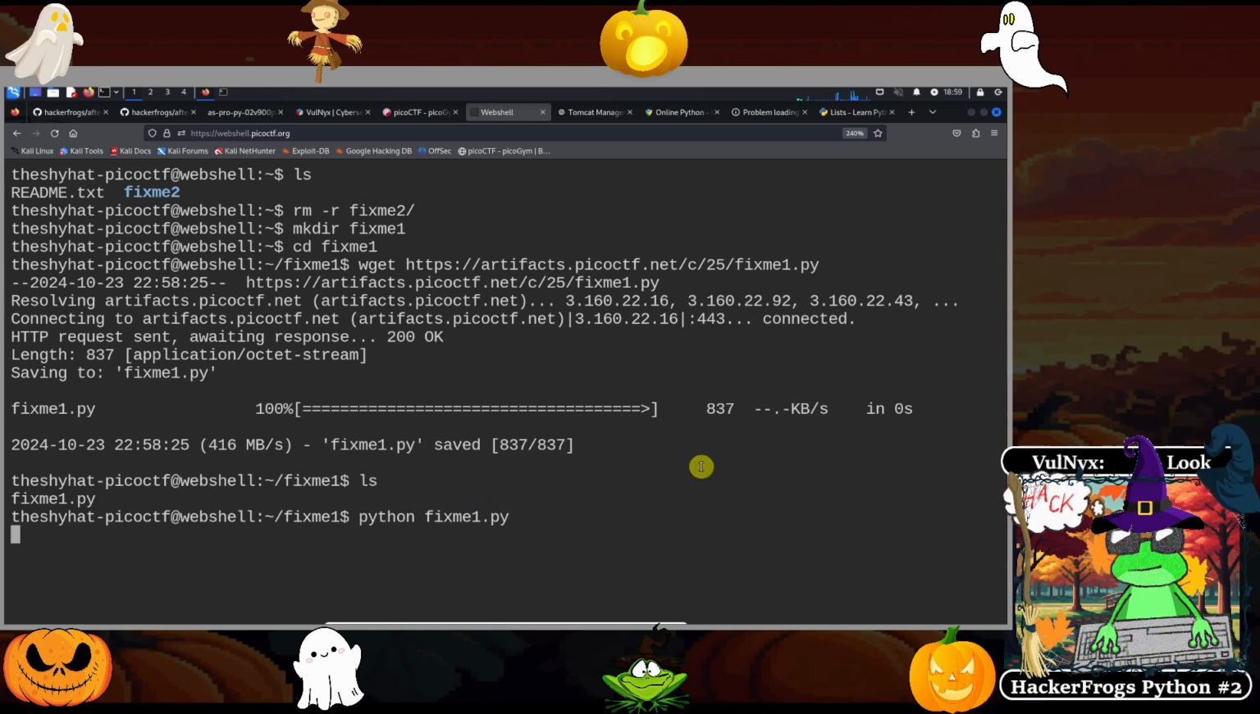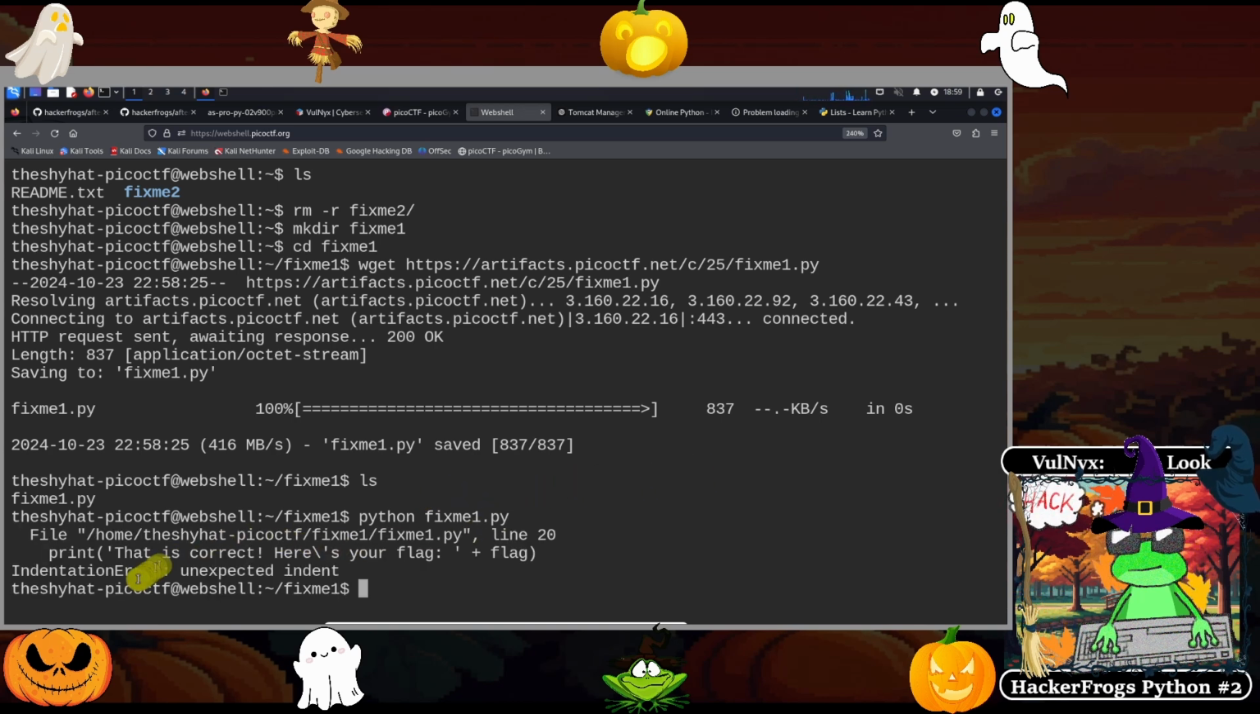So Python space fixme1.py. Hit enter, and it's going to say, that's correct, here's your flag, and it says unexpected indent. So the problem here is that this line is indented and it shouldn't be. So what we need to do is correct this. We're going to use the nano command to start editing the file. So nano fixme1.py,